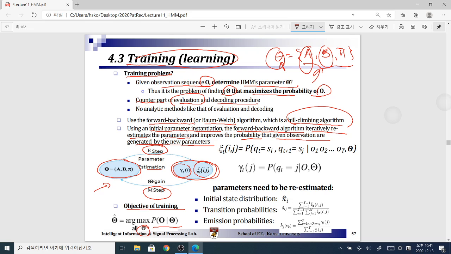For example, obtaining the transition probability, psi sub t of i and j, as well as the emission probability, gamma sub t of j, which is actually the E step. Then the M step is going to take the summing process, so that the transition probability would be obtained by sort of integrating